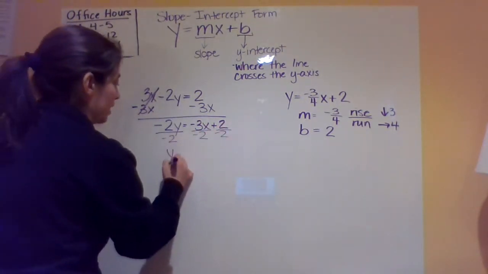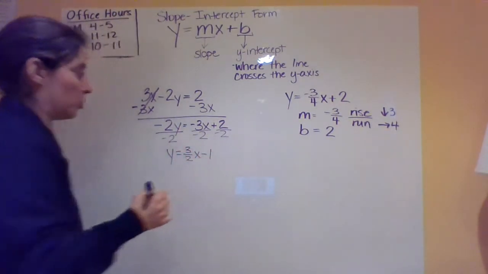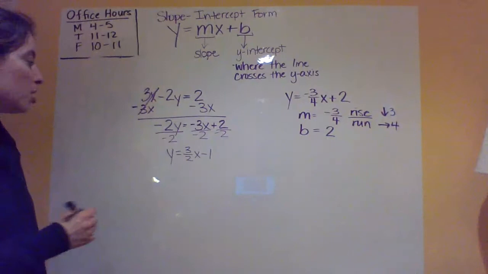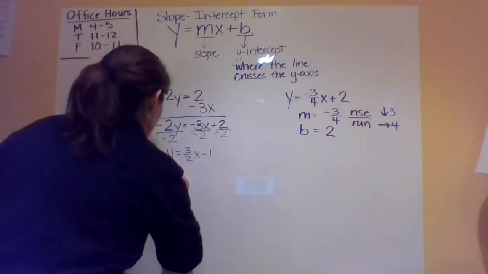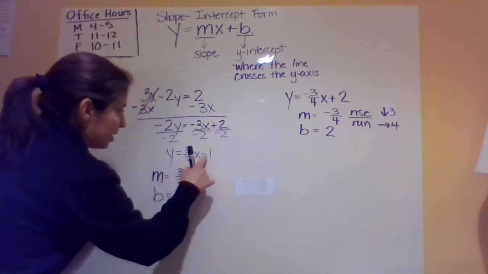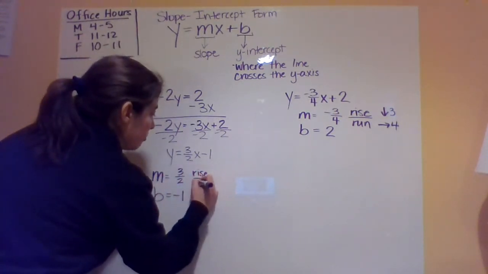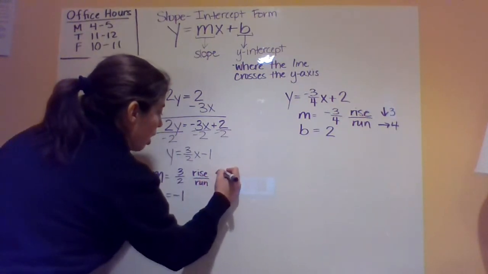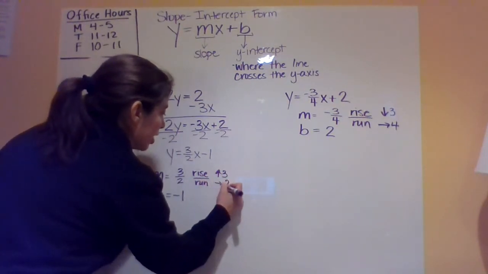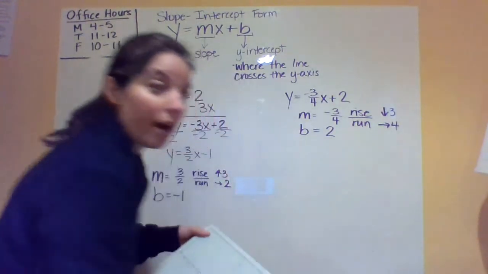So y equals 3/2 x minus 1. Watch your signs. So my slope is going to be 3 over 2. My y-intercept is negative 1. So rise over run. These are both positive. That tells me I'm going to go up 3 and right 2. So if I go ahead and graph this,